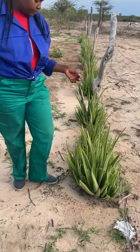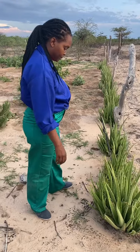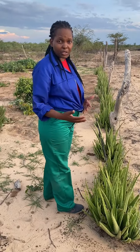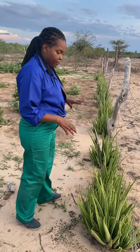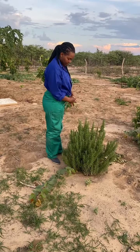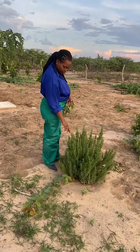The first one on the list is my husband's happy place, or happy plant. My husband loves aloe vera so much. We brought a few plants here and then they propagated so fast and now we have so many. Okay, so this is my favorite herb. This is the rosemary. We brought this rosemary here